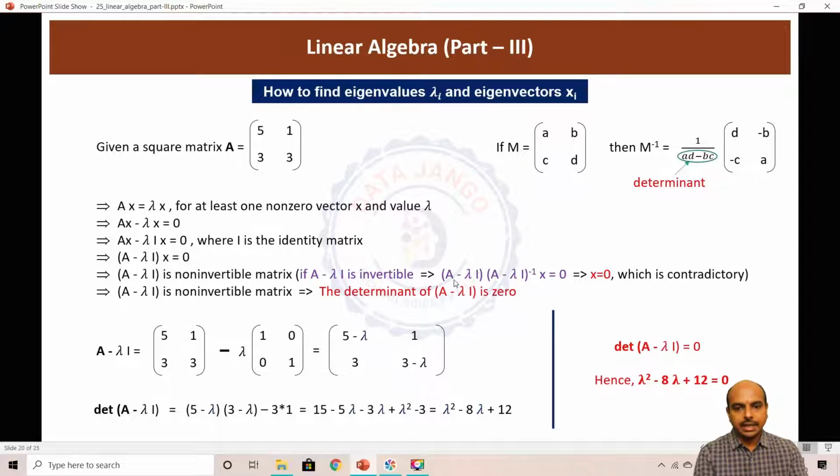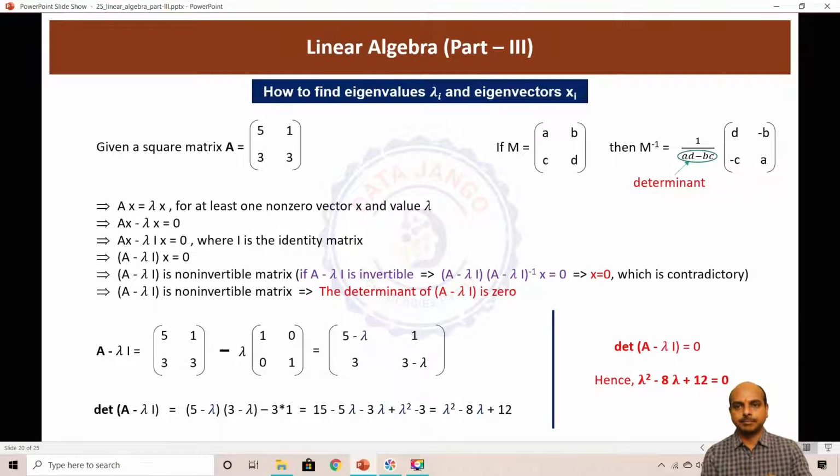On the left side, A minus lambda I into A minus lambda I inverse becomes I, and I into x becomes x, so x is equal to 0. That is meaningless, because you are trying to find an eigenvector which is a 0 vector. So definitely A minus lambda I must be a